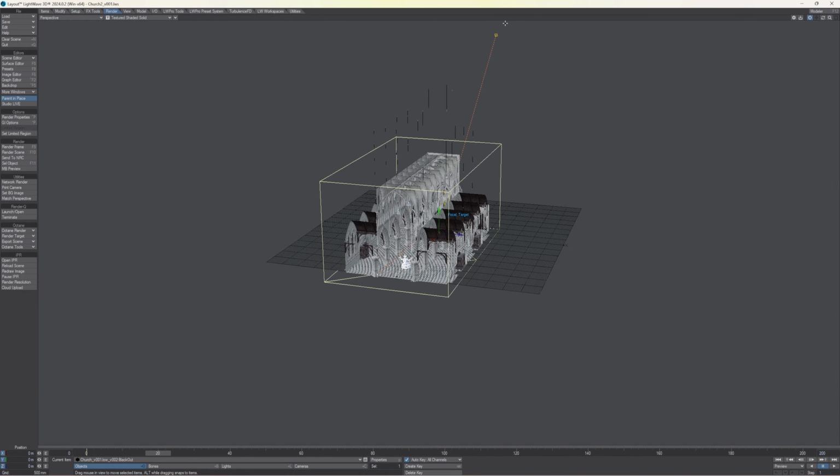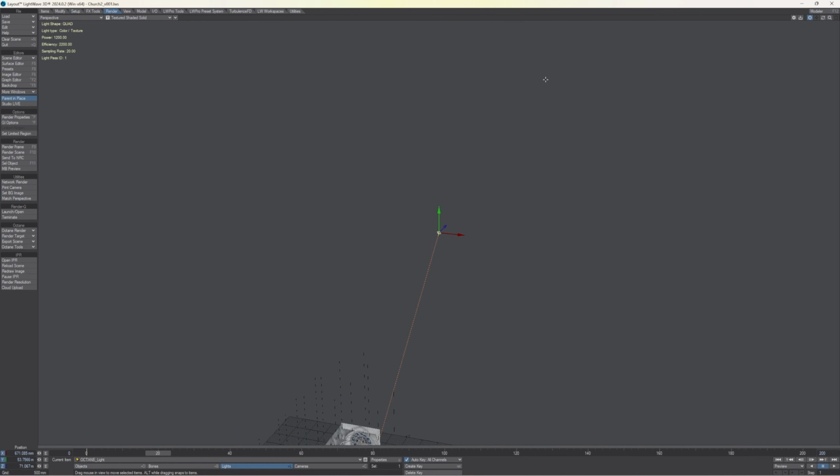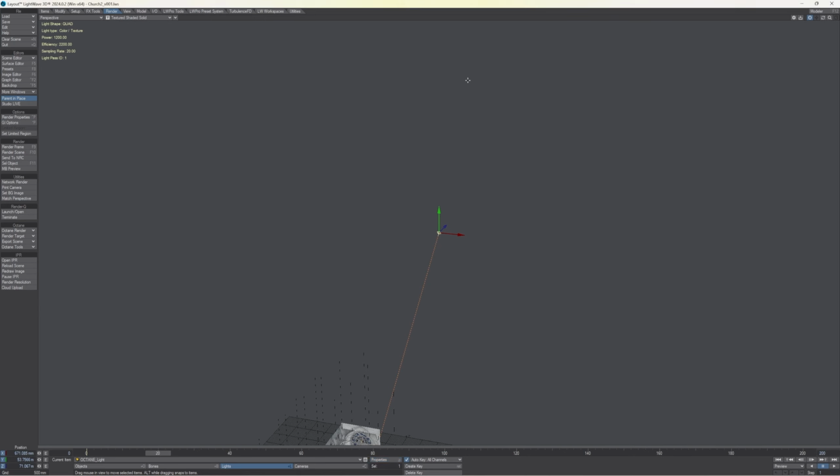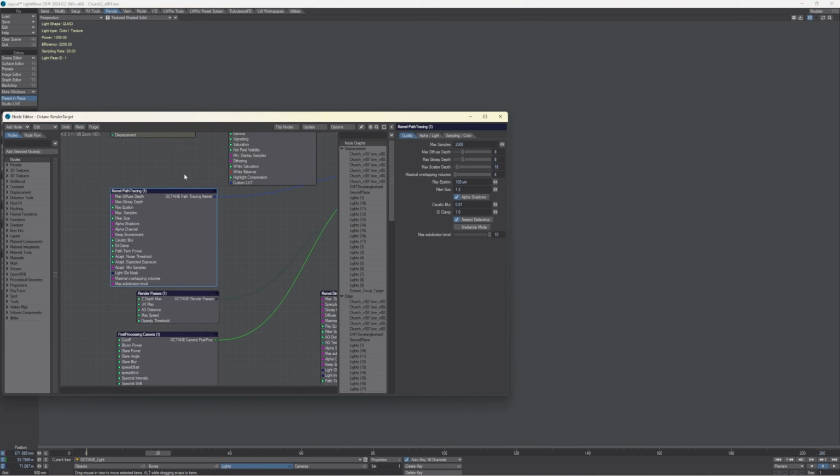I have a light up here, which I'll just show you the settings for. I've got it incredibly strong and a high sample rating. Well, I'll say high, it's at 20, just to make sure we get enough light on the volume. Right, so that's that. And the volume side, oops, it's under render. I've already set it up, so all I need to do is show you